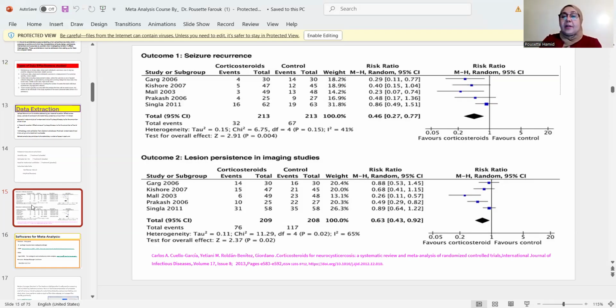This is the graphical representation of the meta-analysis. We call it forest plot. Rashida know that. And here we are discussing what? Seizure recurrence. Yes, Rashid. I am now looking for seizure recurrence, and my comparison I'm having here